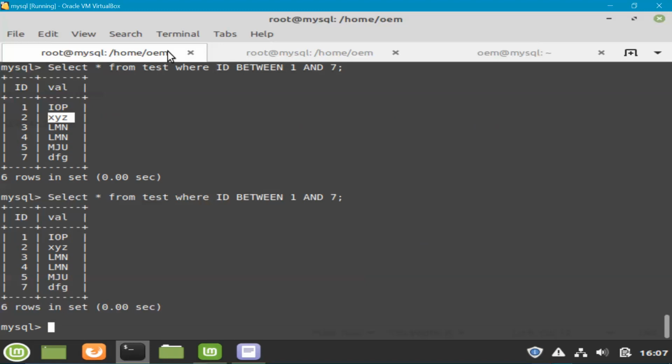Now, if phantom read is a problem for you, then how can you resolve it? For this, you have to use the serializable isolation level. You can use that at the stored procedure level or session level, whatever you want. If you don't want to change the isolation level completely, you just want a particular isolation level. Suppose you have the OLTP system, the online transaction system, but there is a reporting query that you are running and you are fine with dirty read, then you can write a procedure and set the isolation level to read uncommitted under that procedure. So it won't affect the other transactions, but the isolation level for that transaction will become read uncommitted. So you can do it at the session level and at the procedure level as well.